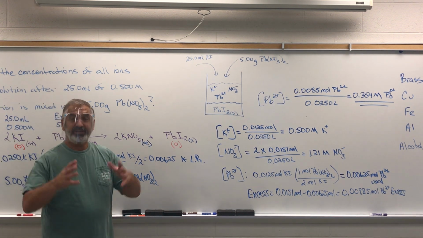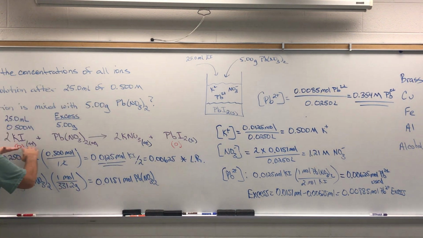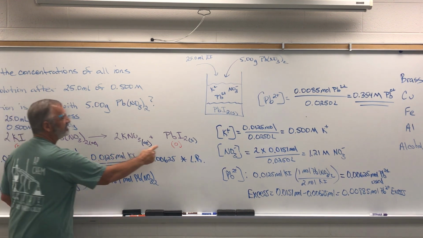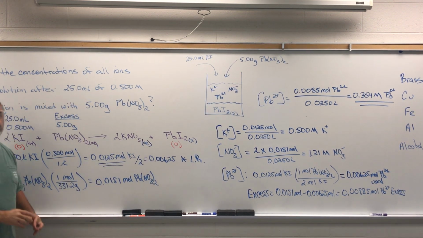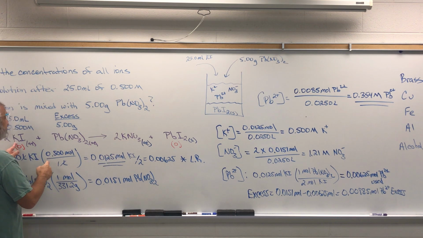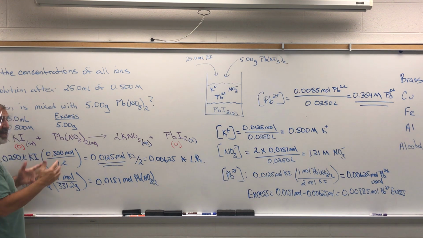So, again, stepwise, what do I do? You figure out how many moles of each thing are present. You figure out which one's your limiting reactant. You're going to have 0 of that one. The only thing that's going to be a problem is in the solid, which one actually is precipitating out. That's the one where the ion concentration is going to change. If it's aqueous on the left and aqueous on the right, so the potassium is aqueous here, potassium is aqueous there. Therefore, the potassium is going to be the same as whatever we put in,